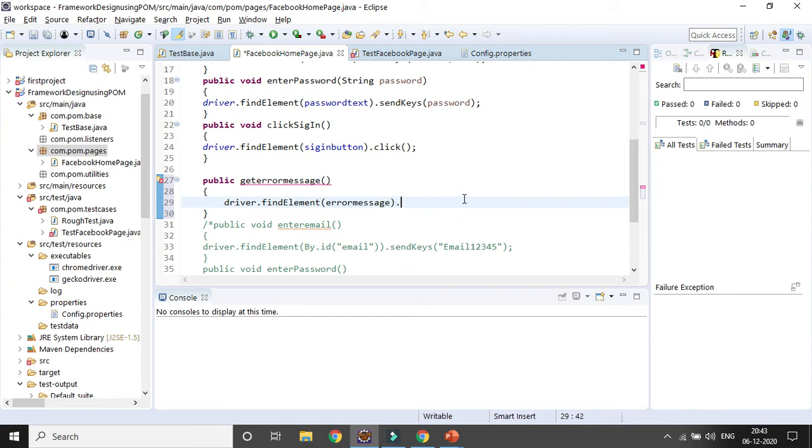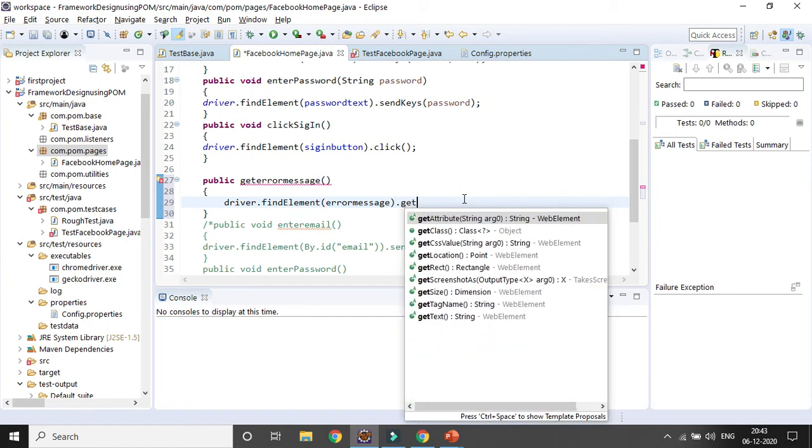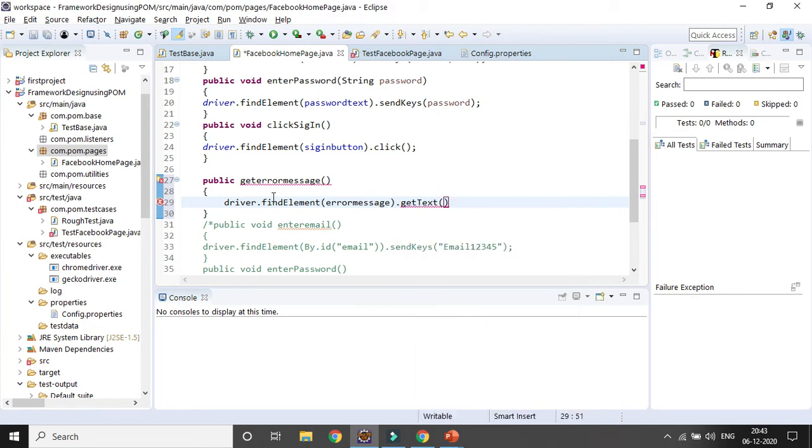Before giving get text, let's press enter and see get text. You can see the get text return type is string, on the web element. So I have to declare a variable called string, and I am giving the variable name as message, equal to, as the return type is string. So obviously for the method also I need to give the return type as string.